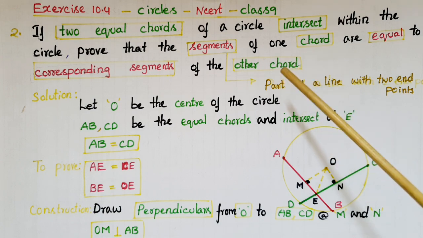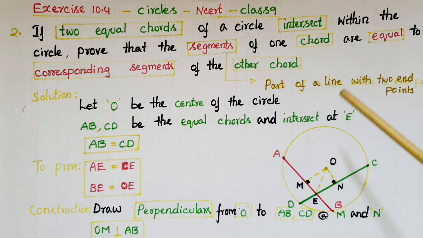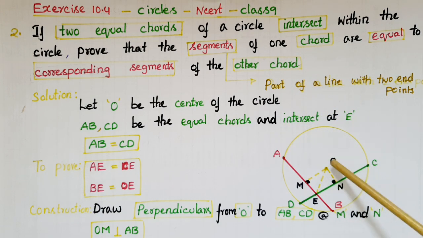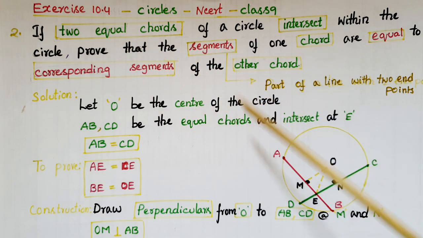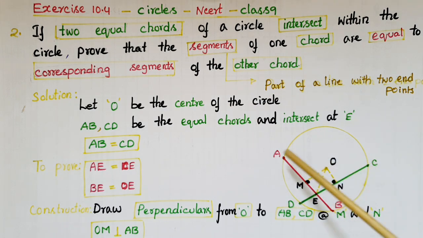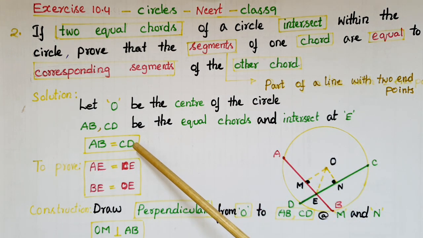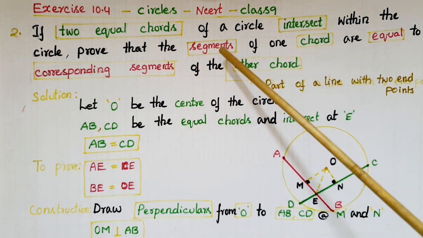We know that a chord is a line segment joining any 2 points on the circle. So let O be the center of the circle, and here AB and CD are equal chords which are intersecting at point E. So AB is equal to CD, and we have to prove that the segments of one chord